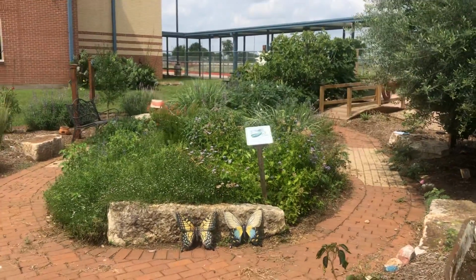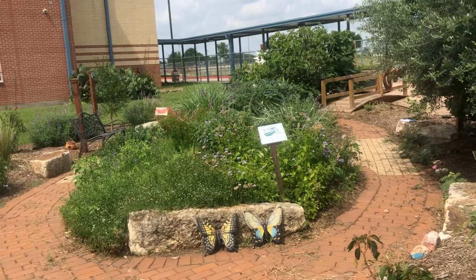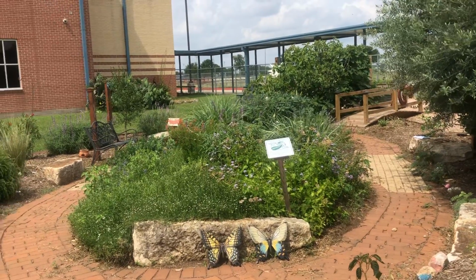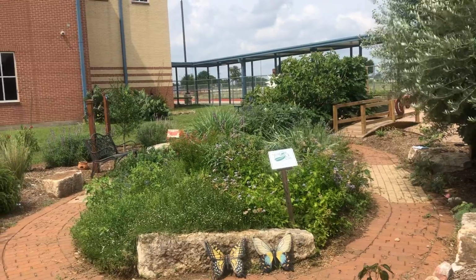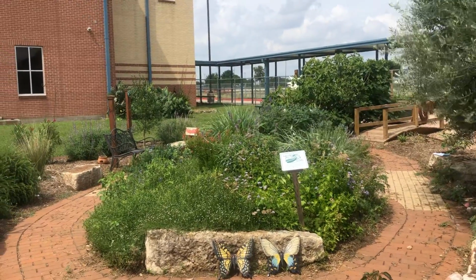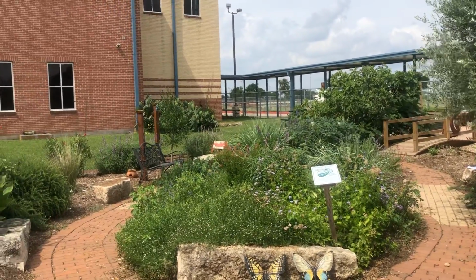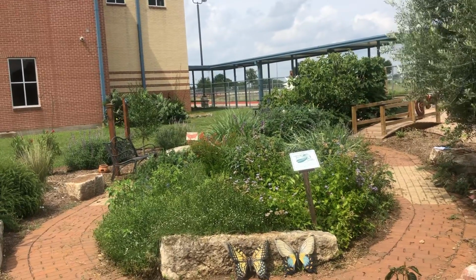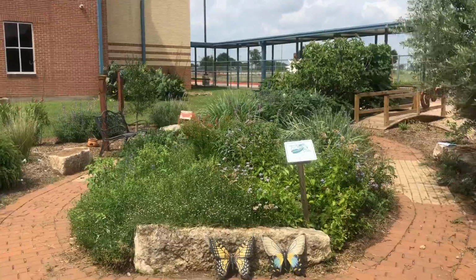During year 1, these 2 beds were not the way that they are right now. They were literally mounds of weeds and grass, and through the help and support of Karen Bishop, she taught our students how to go through solarization to kill all the weeds in a more natural way. And then with the support of